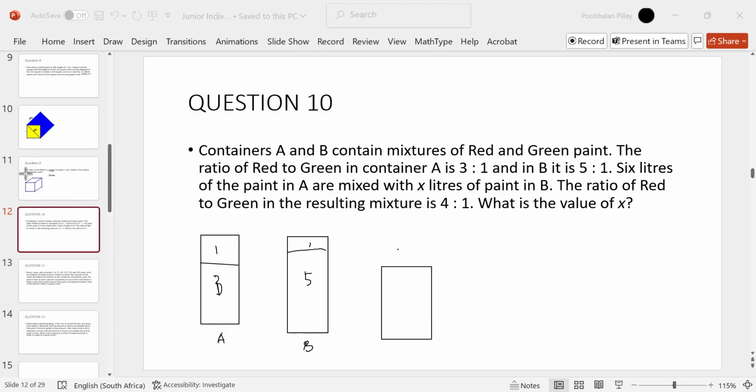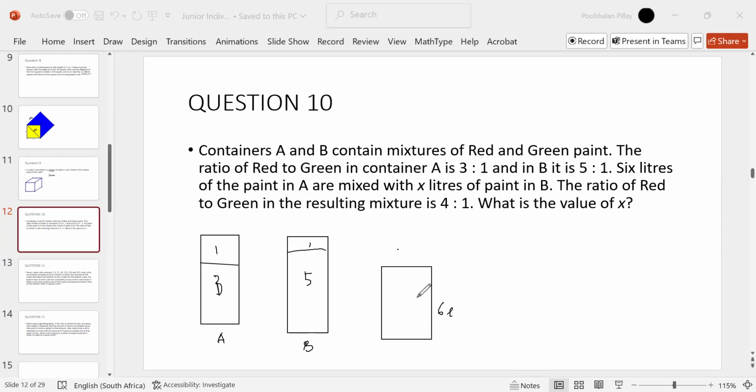Let's take 6 liters of this. And now it's a mixture of green and red. So you got 6 liters here altogether, mixed with X liters of paint in B. Okay, let's just see first